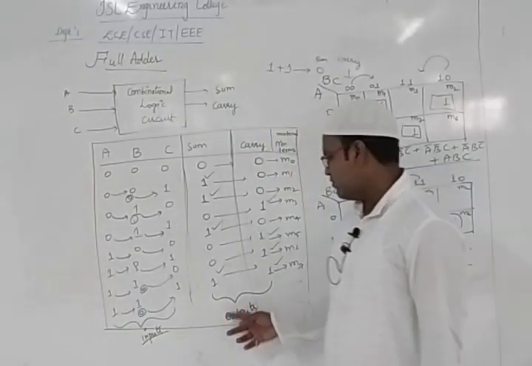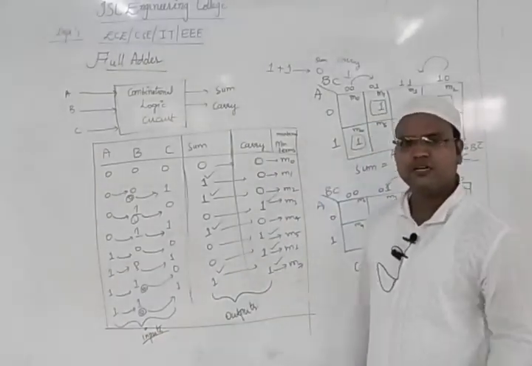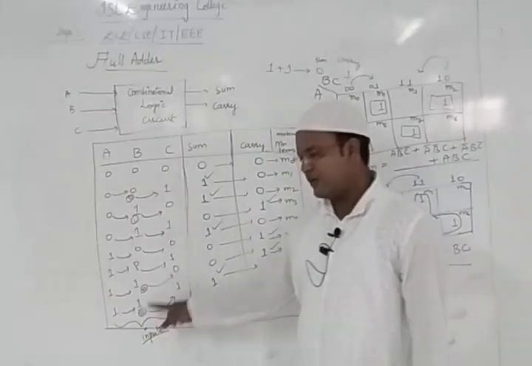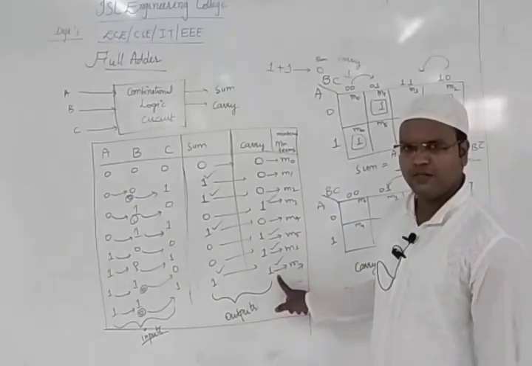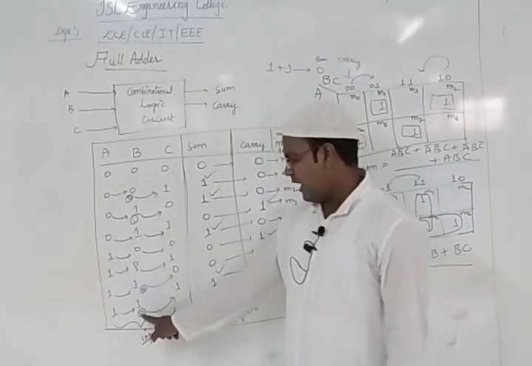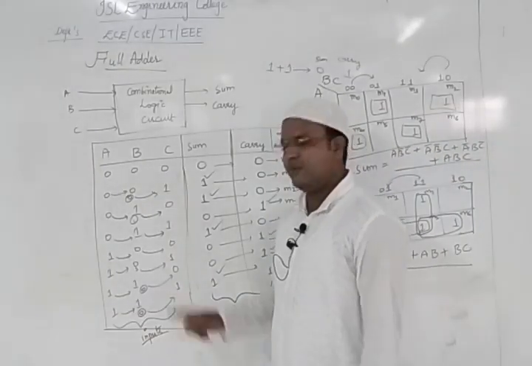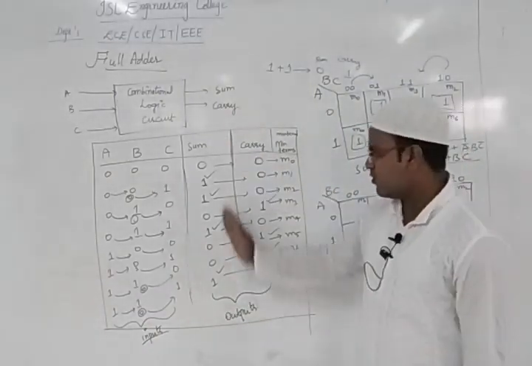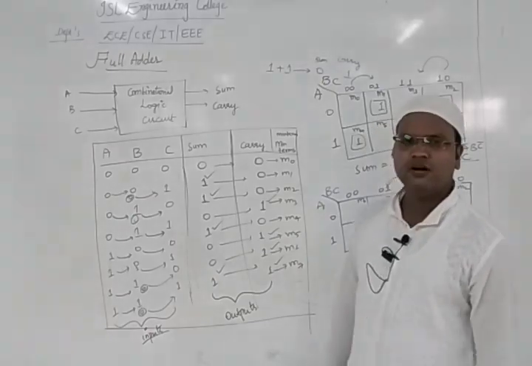Similarly we went on like that for the last also. In the last we do have sum also, we do have carry. How did we get it? This is the way. 1 plus 1, sum is 0. I put the sum here. What is the carry bit? I have put here, carry is 1. Next thing what I did, I have taken 0 and 1. So I added 0 plus 1, I got sum as 1. So this is the way you wrote the output for sum, you wrote the output for carry.